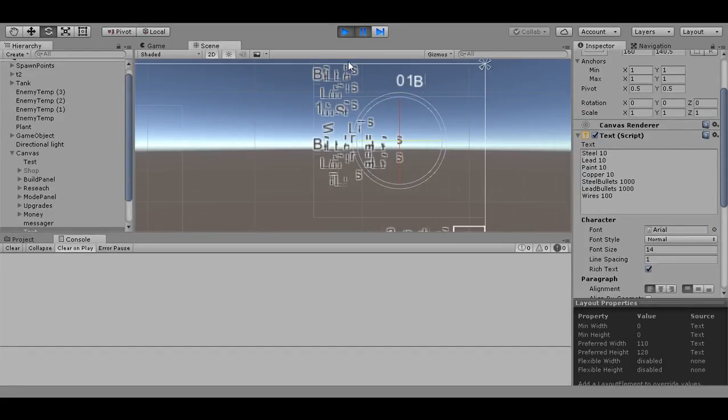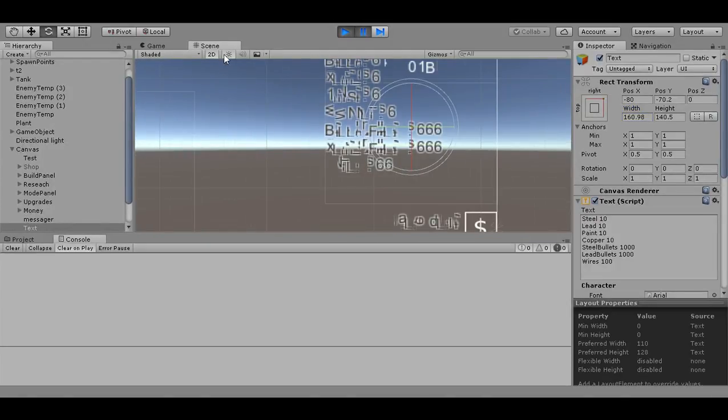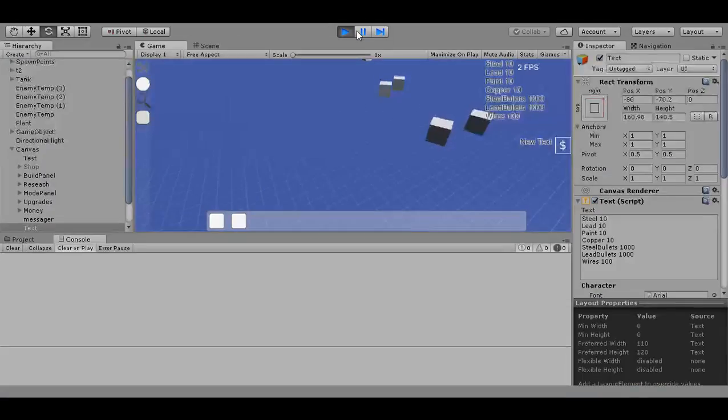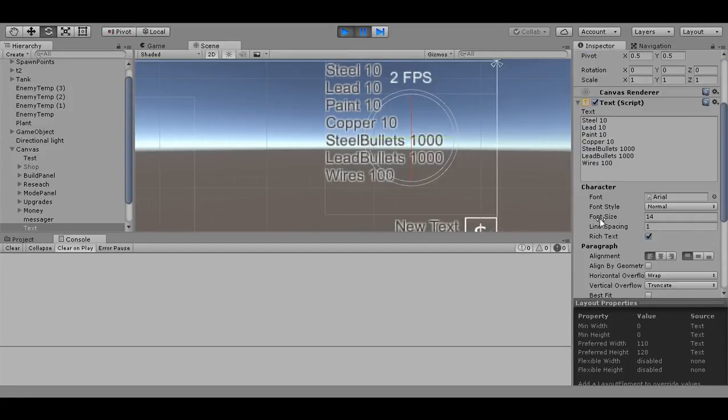I have no clue why it does that, but it goes all jingly when it's moved around a little bit. But when I move it or cause a rebuild, something like this, it'll straighten up. It's only in the editor that it does that. But anyway,